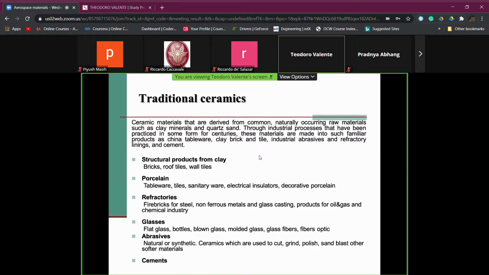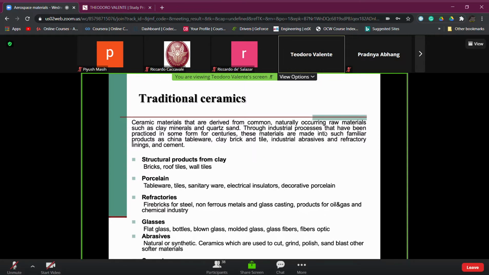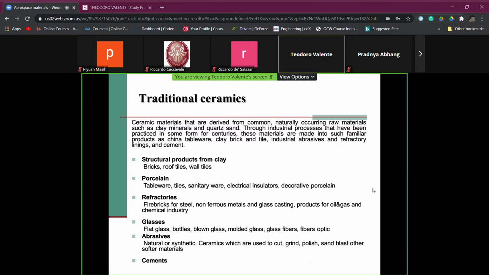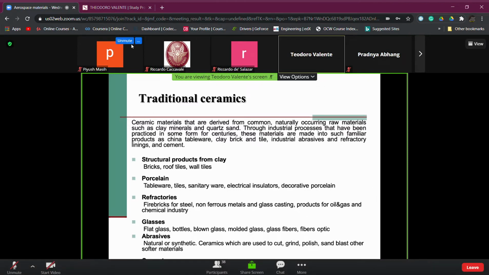Then we have also the classes of glasses, abrasives, or cements. They are fabricated starting from natural existing raw materials such as clay minerals and quartz sand. Then they do have specific fabrication technology, which is full of technical knowledge, but they do have